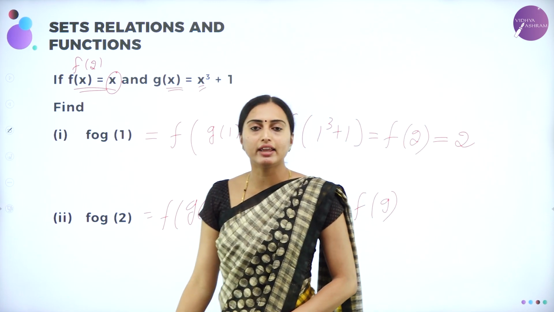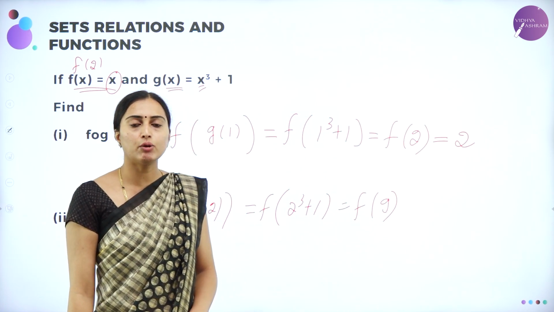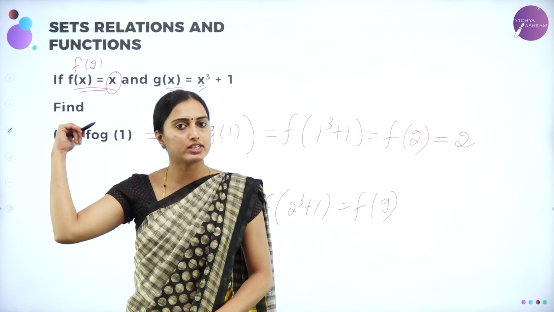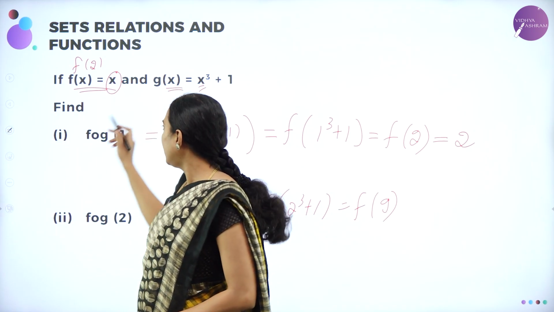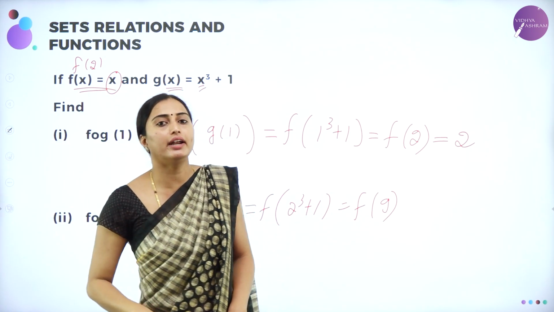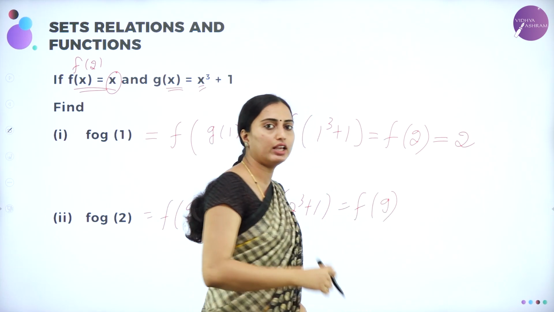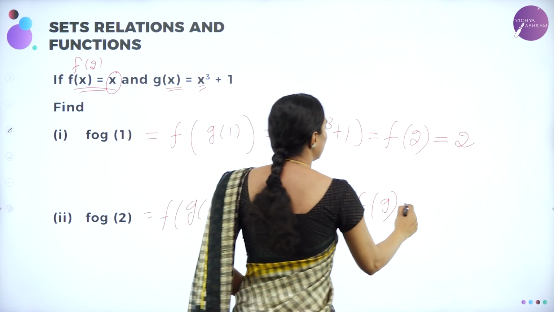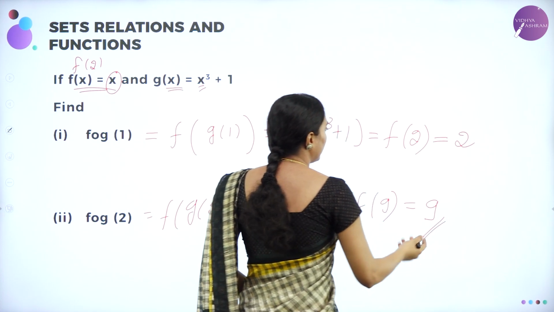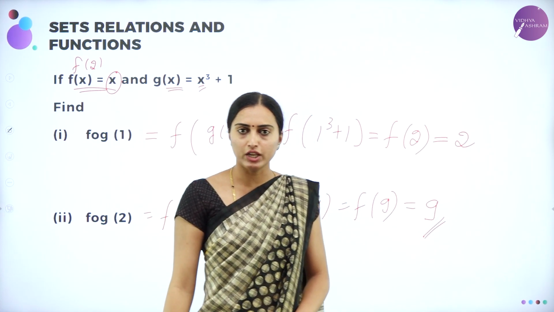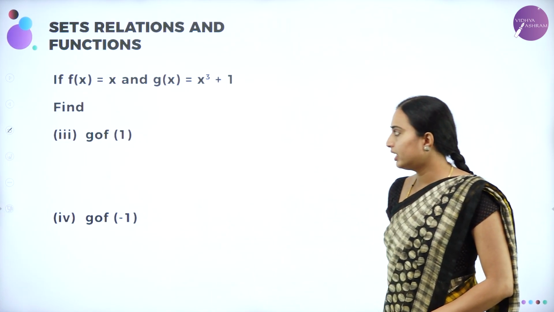Now it is looking like f of x, putting x equal to 9 in f of x, which will give you the value 9 only, because you have x only on the right hand side. Whatever the x I have taken, the same x I am going to get there. So it is 9 itself. That's your answer. You've understood, I think. We'll move on to the next question.